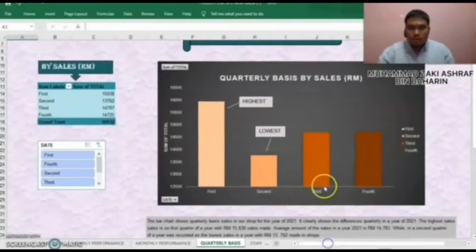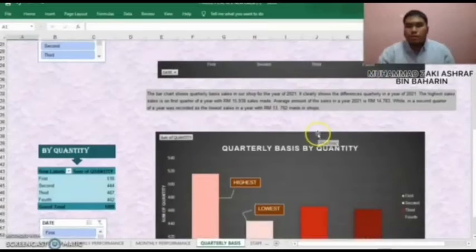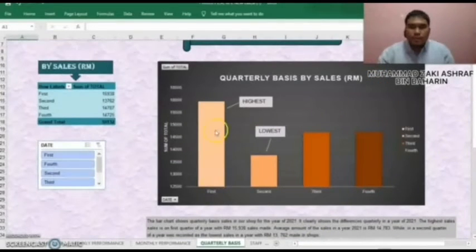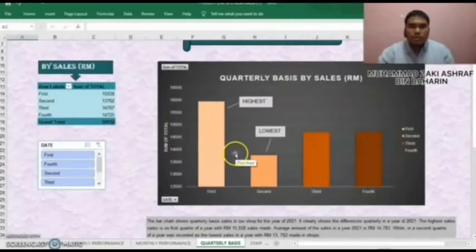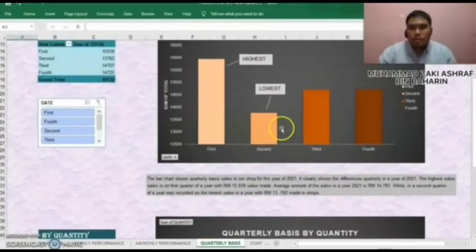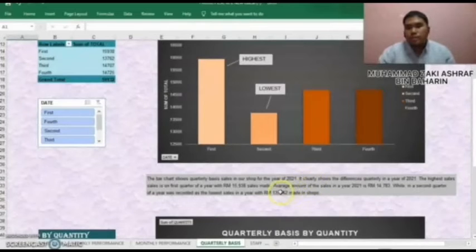In quarterly performance, we produce two types, which is quarterly basis by sales and quarterly basis by quantity. In the bar chart, we can see the highest sales has been made in the first quarter, which is 15,938 ringgit. And the lowest, which is in the second quarter, is 13,762 ringgit. The average amount of the sales in the year 2021 is